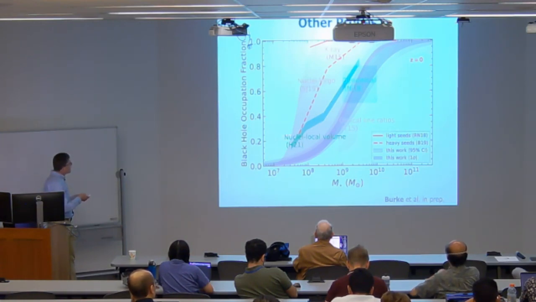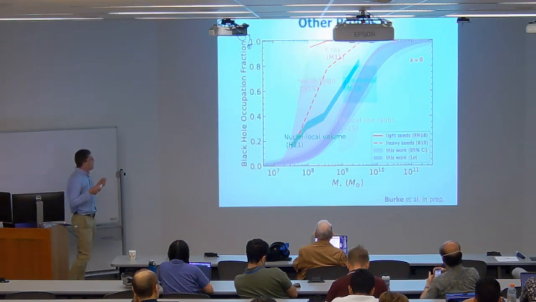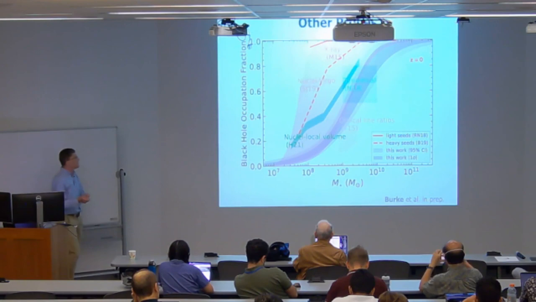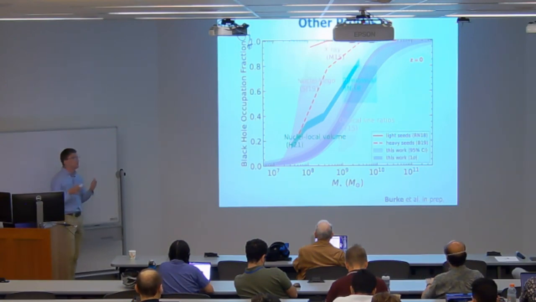And the nuclei curves here are just using the nuclear star cluster occupation fraction as a proxy for the black hole occupation fraction, right? So the fact that we're below there could indicate that not every nuclear star cluster hosts a black hole, or at least not one that we're